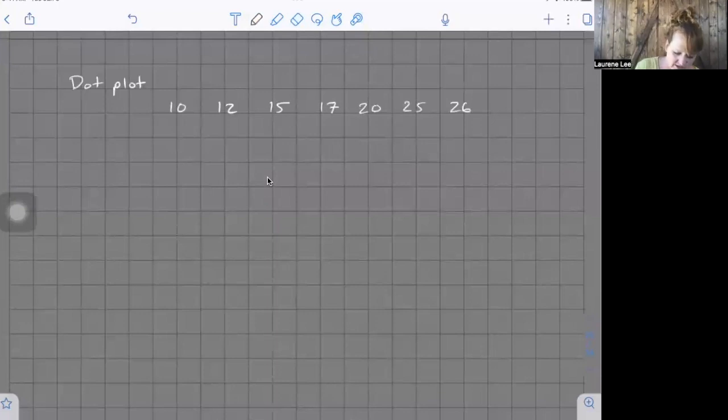So sort your data and then work off of that. But for ease's sake, I'm just writing it in order already. Okay, so a dot plot is basically a number line, and then you're just going to put a dot above each value. Actually, let me change this last number to